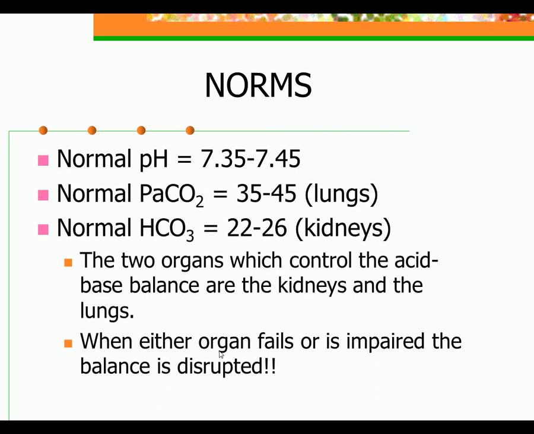Must be very important. Okay, normal pH, CO2, carbonic acid. What were you thinking? Should have been lungs, respiratory, acid component. Normal is 35 to 45. Normal bicarb, what went through your mind? Should have been kidneys, metabolic,